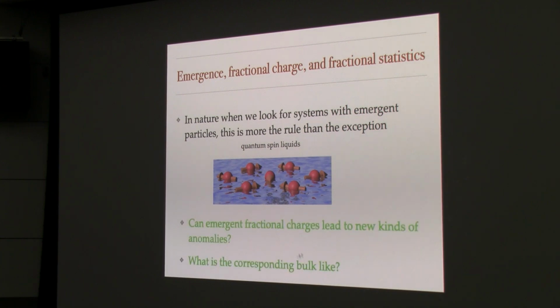Good. And so then you might start to ask, well, what about this fractional charge? Is any fractional charge okay? How can I assign the charges of some symmetry to some particles that have some statistics? And this is kind of a general mathematical question. And you could ask in particular whether any of these symmetries are anomalous, and if they are anomalous, what are they the boundary theory of?